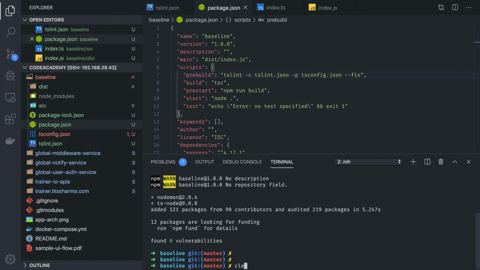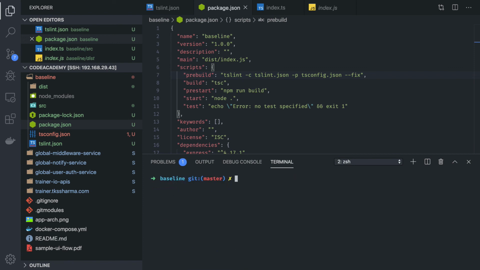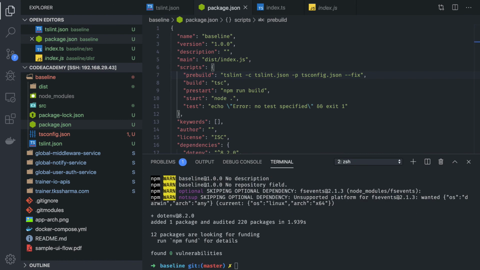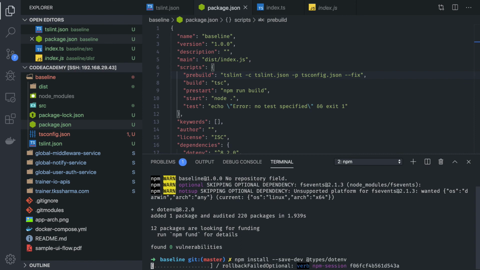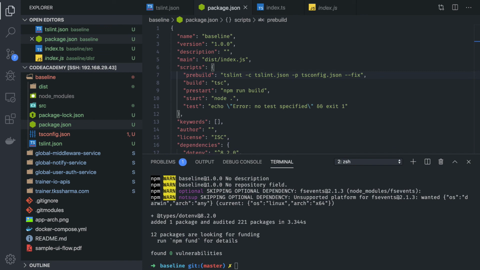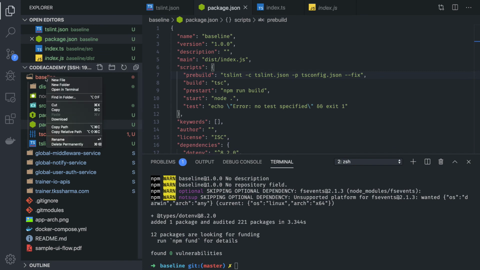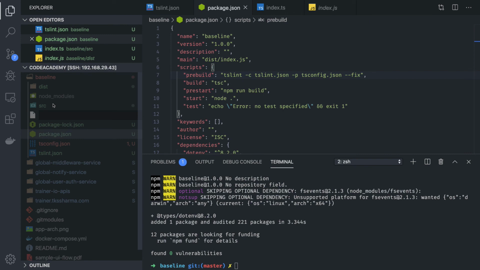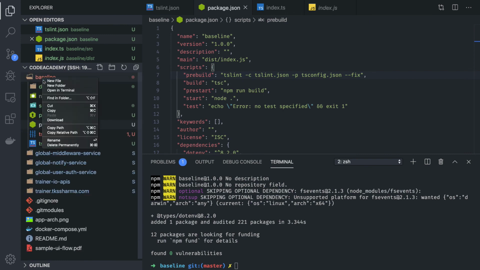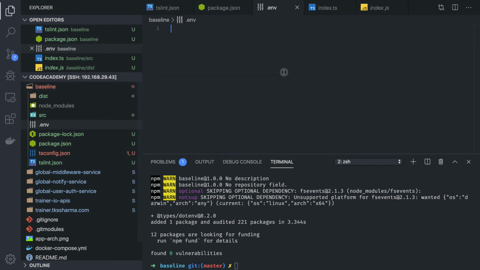Now we were talking about configurations and all, like we need to define the port and all. So what we can do is we can use a .env module for it, which is very important. The .env module will help us to expose the configuration. We just need to have a .env file, and we also can include the dependency for this. Okay, and we can have a .env file where we can define the server and port. So both these values will be available in our application to get started. We don't need to hard code it and all.